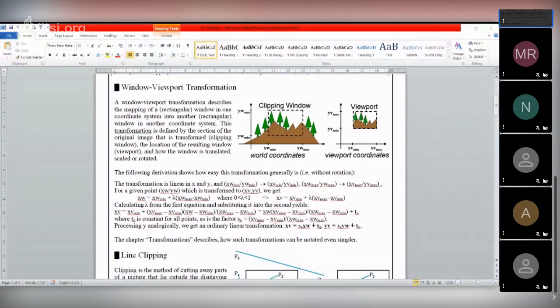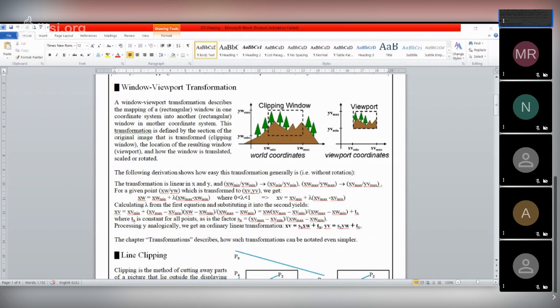This is the world coordinate where we are focusing our camera, and this is the viewport where we are looking at this scene in our camera. Selecting this scene from the total scene is called clipping. Clipping means we are considering all of this rectangular region, and we are not considering the other part which is outside this window.